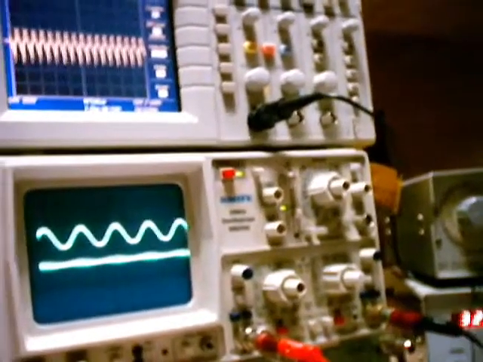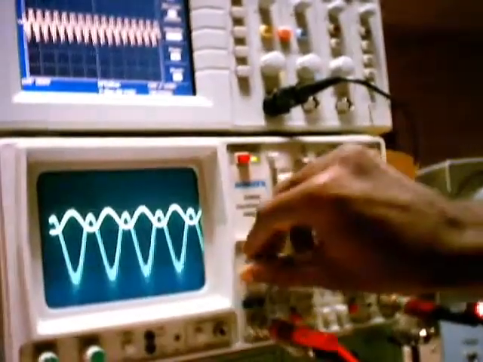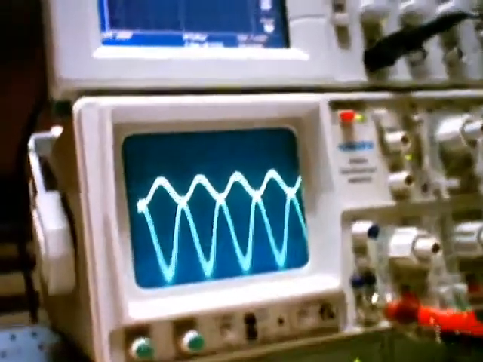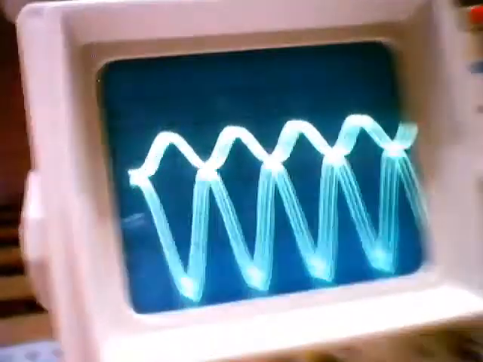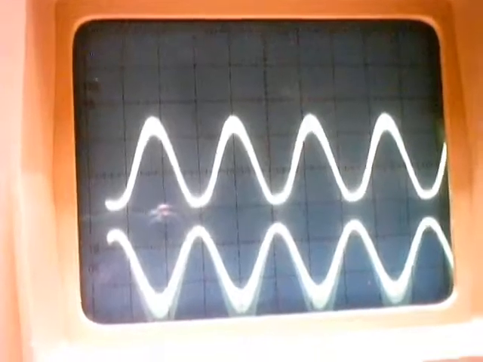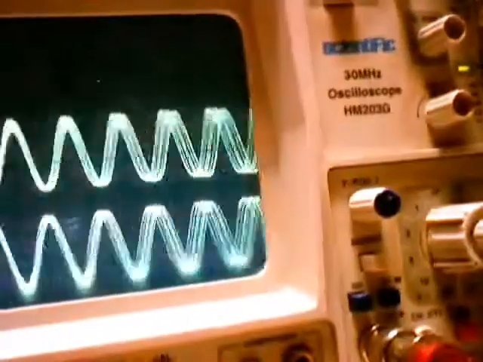So you can just also verify whether the frequency of both of them is same or not. You can see both of them are having the same frequency. Okay, there's a phase shift of 180 degrees because we are seeing the output at the collector point, but you can see frequency wise they are 100% same. So this is what we are interested in. We just try to know whether the frequency of both of them is correct or not. As I vary this one, that also changes. So this is the demodulation we are supposed to get.